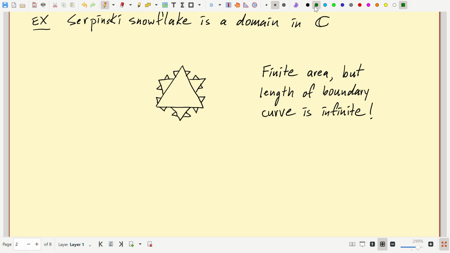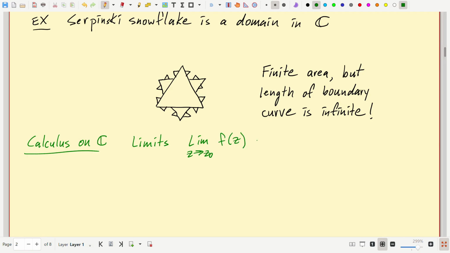Now I'm going to shift gears and talk about calculus on C, which for a while will feel like nothing new. So let's see, if we're going to do calculus, we've got to talk about limits. The limit as z tends to z naught of a complex function f of z is a complex number L means